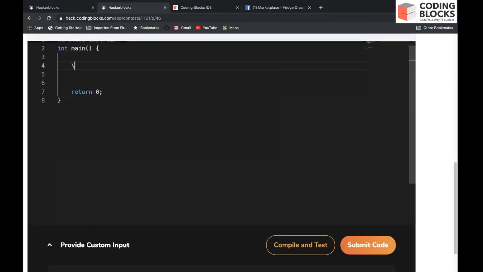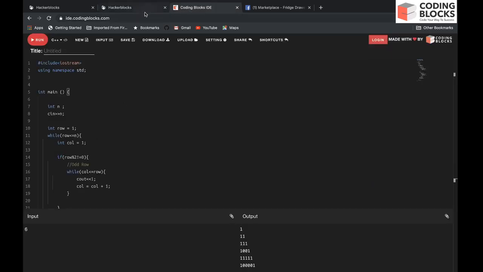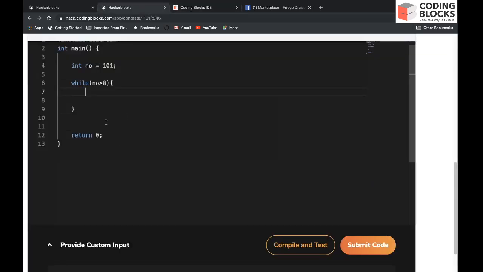So let me say I have a number, let's say 101. While this number is greater than 0, let's do it on HackerBlocks only. I have a variable called p, which is 1